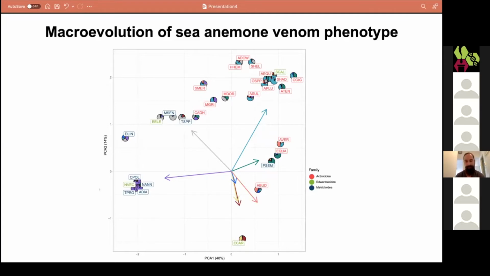total variance. We also see, strikingly, that different species that are distantly related are clustering together, and that this clustering is largely due to a single toxin family. So although the venom phenotype is comprised of many different toxin families, a single dominant toxin family dictates the venom phenotype, and distantly related species can cluster more closely together than closely related species, suggesting that some species are convergently evolving a similar dominant toxin.